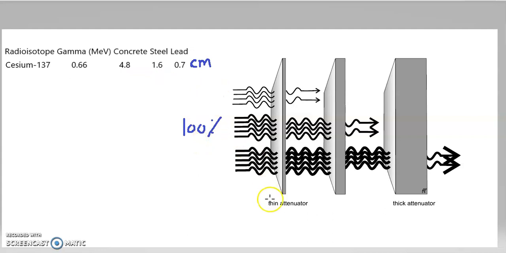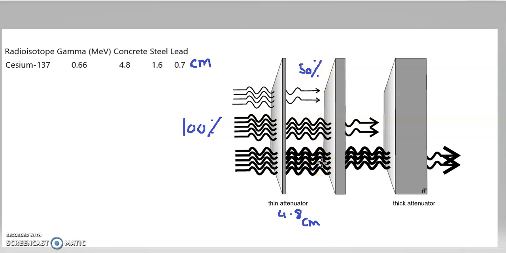If I have, for example, a slab of concrete here and the thickness is 4.8, this is the half thickness. That means that this concrete right here will absorb 50% of radiation and only 50% will be